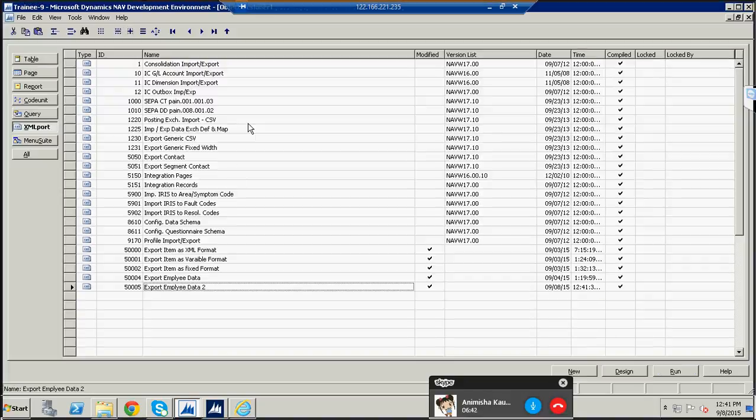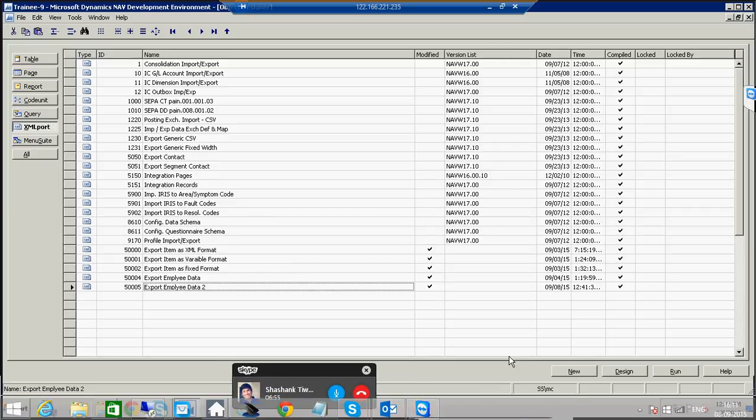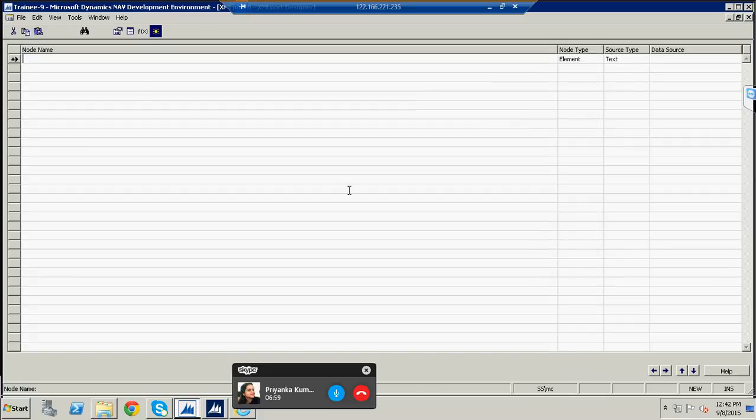Here I have been using a single table. Let's see how we can use different tables, and how we can export the data from these tables. So let me create a new XML port. I select XML and then click on new, and here I name the first node as root, and now I'm creating a new element with name sales header,